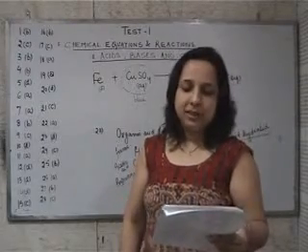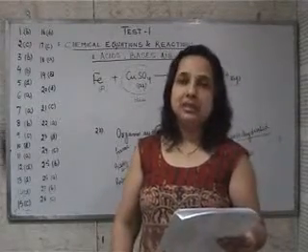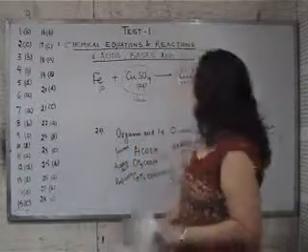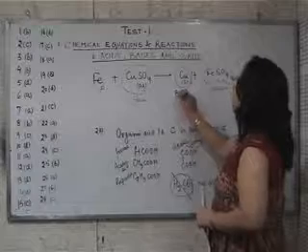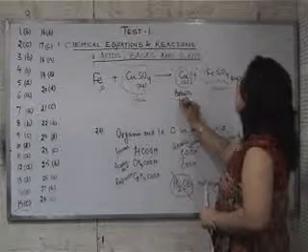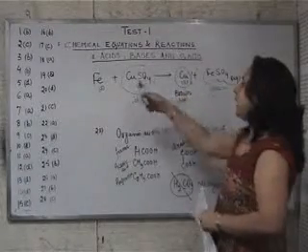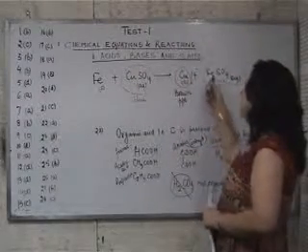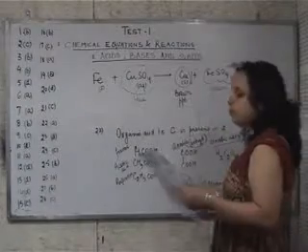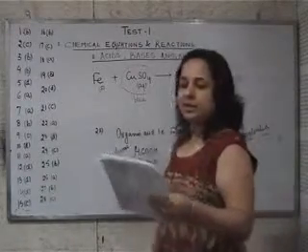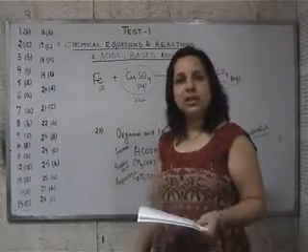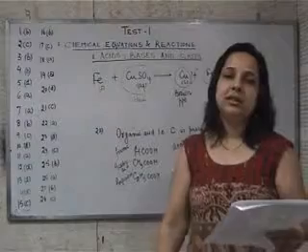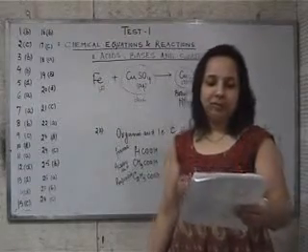Brown precipitate appears and the solution turns green, correct? B is black precipitate, but copper forms as brown powder. So iron reacts with copper sulfate, and we get a brown precipitate of copper and the green color of the solution. Blue color will not be there, so C cannot be the option. No change in color cannot be the option. The copper precipitate is brown, therefore the option will become A, alpha.